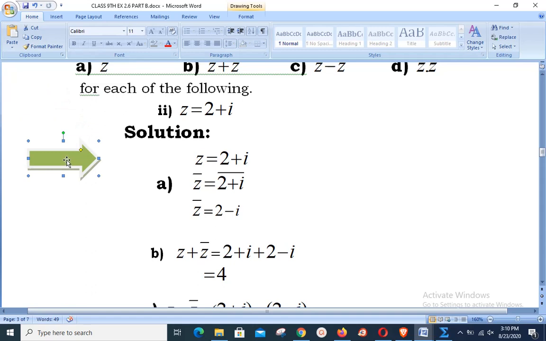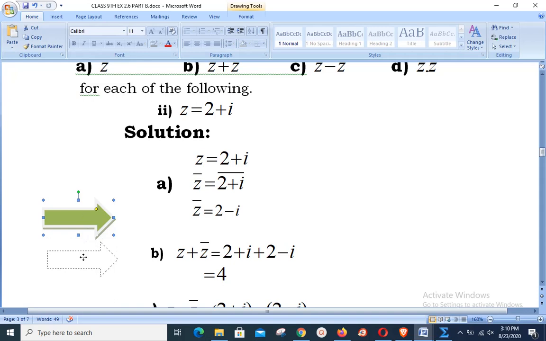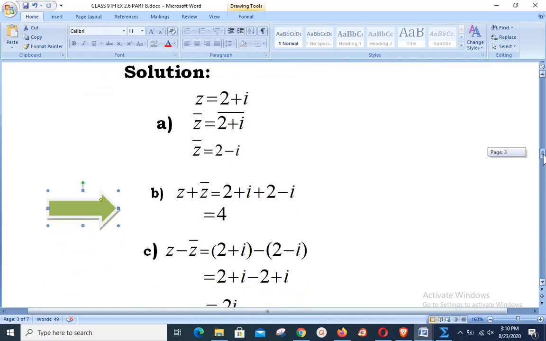In the very first part, our demand is to calculate z conjugate, applying the conjugate on both left hand side as well as right hand side. Very simple. Applying the conjugate definition, imaginary part sign will be changed, so you got the answer of z conjugate as z conjugate is equal to 2 minus iota. Now making the addition of given z and this calculated z conjugate, we have to complete part number B, that says z plus z conjugate. Very simple. 2 plus iota plus 2 minus iota and plus iota will go cancel. 2 plus 2 gives you the 4 as the answer.